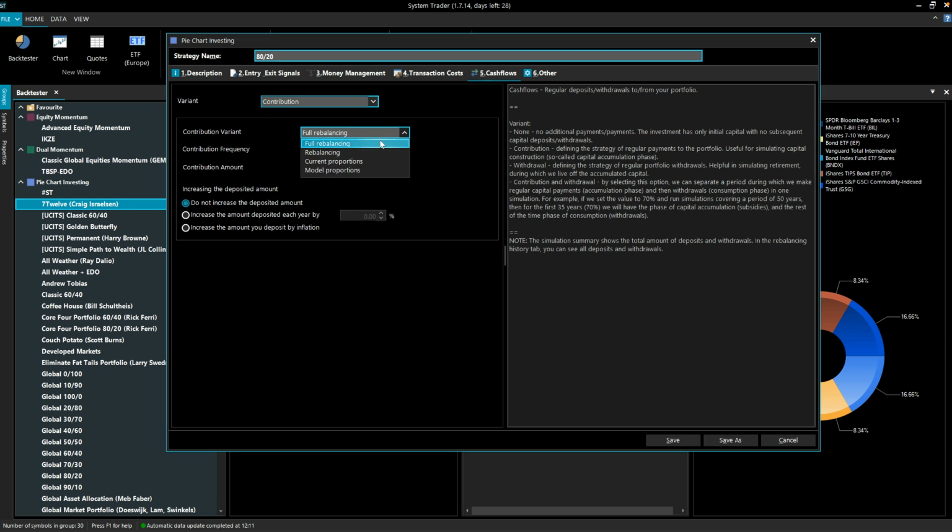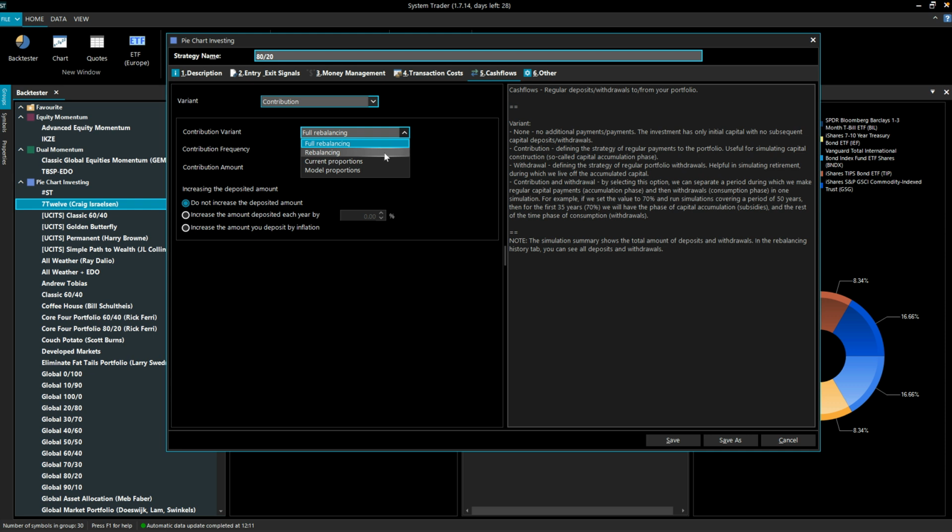When we contribute new capital to our portfolio, we can do the full rebalancing at that time. But this is not a good approach, especially in a taxable account, because it can cost us a lot of taxes. But we can do rebalancing, meaning that we will use our contributions to rebalance our portfolio, or at least to the extent it's possible, because maybe the portfolio has deviated so much that even contributions are not enough to rebalance it. But at least we decrease the probability of future rebalancing of our portfolio,